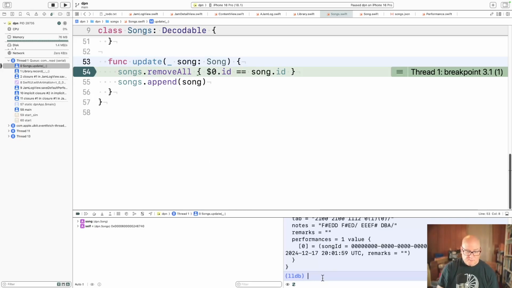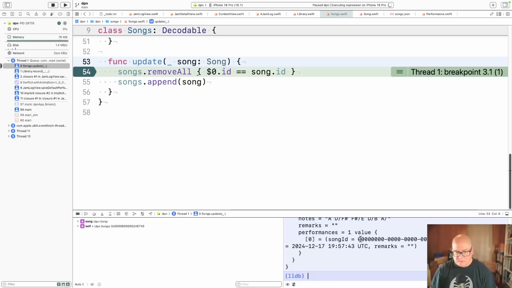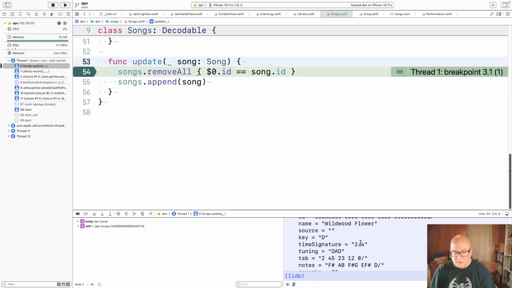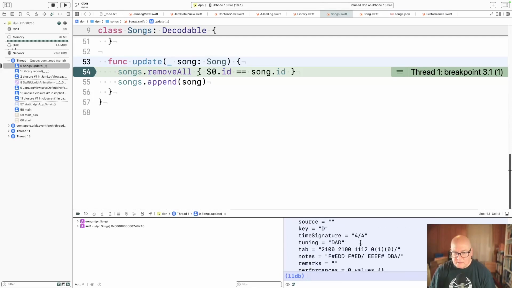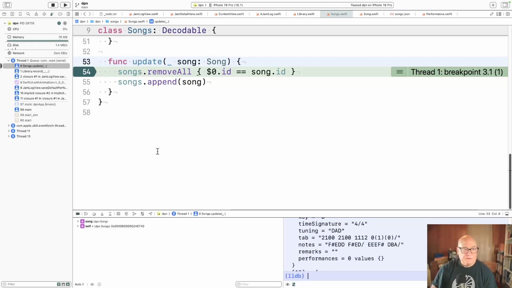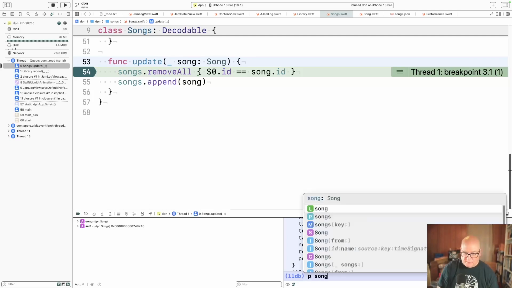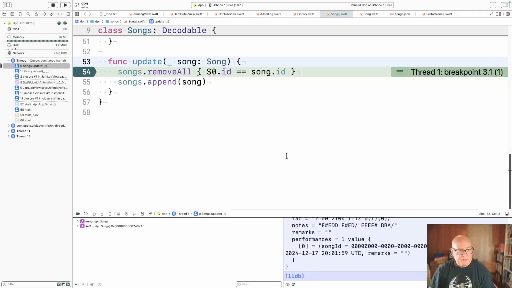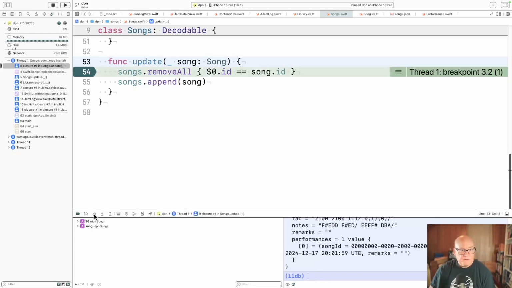Okay, so print songs. And this was waterbound. Okay, has no performances. Let's print song and make sure it still does. It is waterbound. Yes, has a performance. So if I step over, what's going on?